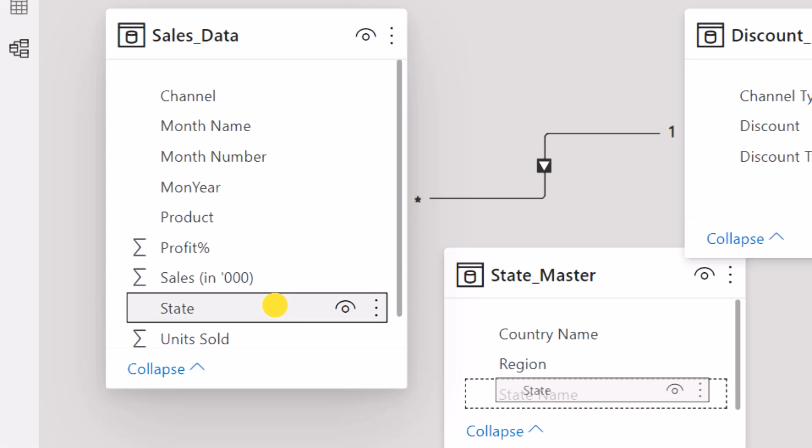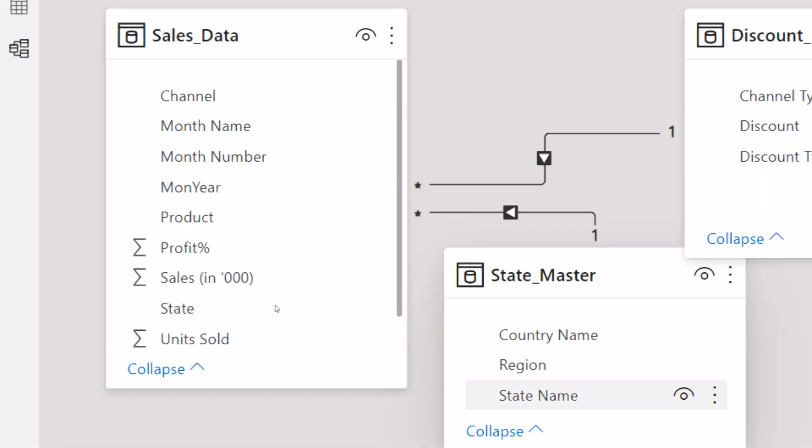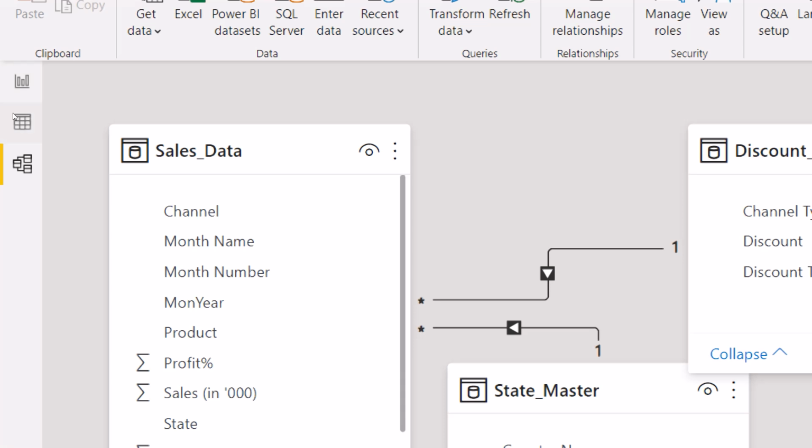So we will drag and drop the state column of sales data and map it to the state name column of state master, so that we can derive the region column from the state master table and map it with the sales amount in the sales data table in visualization. So this is a very powerful functionality, and we can map data from multiple tables and multiple sources.